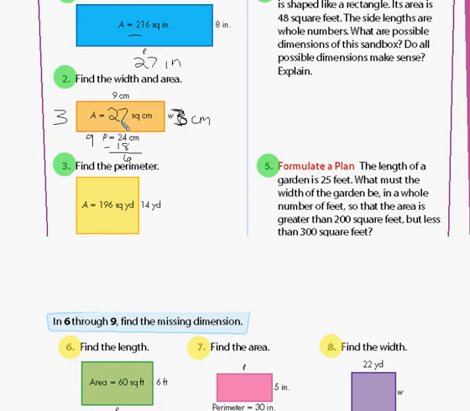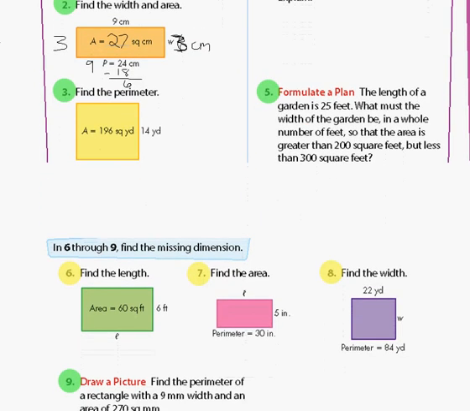Problem number 3. Okay, on problem number 3, we need to find the perimeter. They're giving us the area and one of the sides, and we need to find the entire perimeter of this. So, okay, if we know one of the sides of a rectangle and we know the area, we're going to do the inverse operation just like we did on number 1. So that would be 196